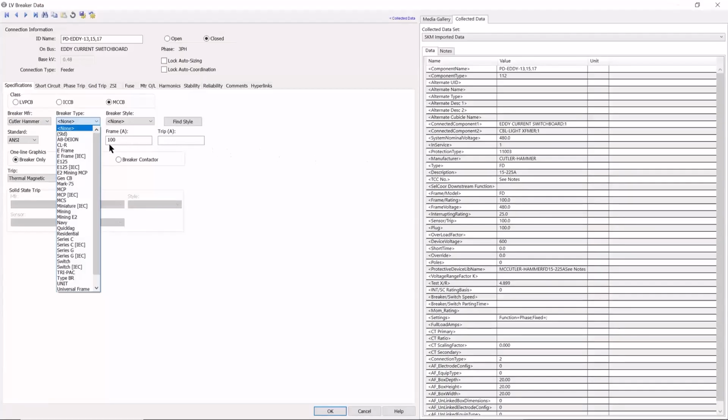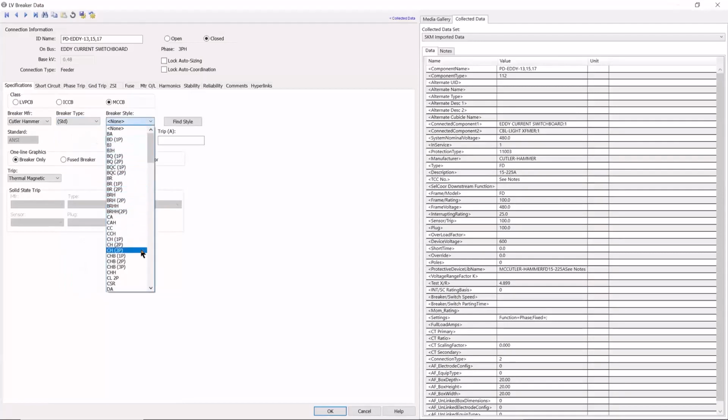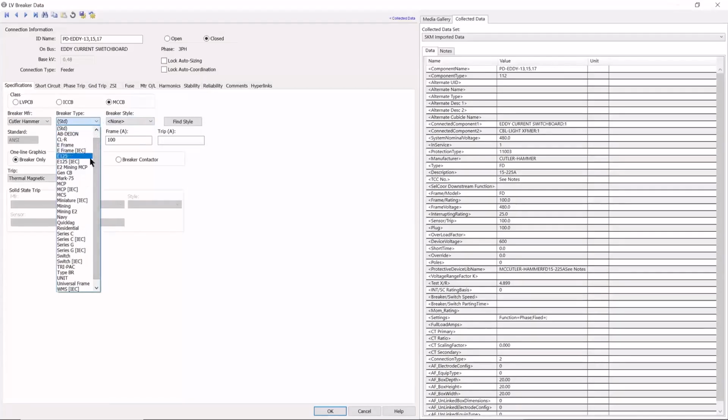And it looks like it's a type FD. So I'm going to look under standard. It's not an FD. It's an FD15. And again, it helps to know the